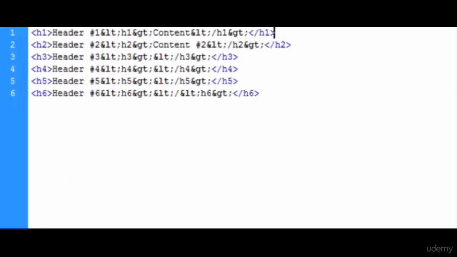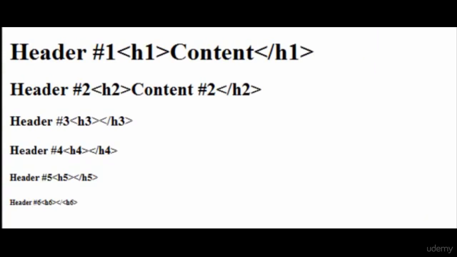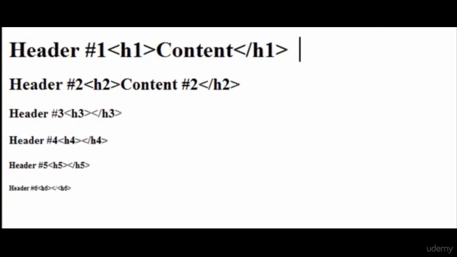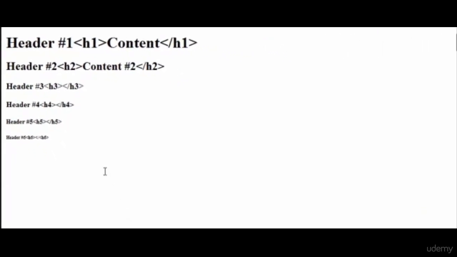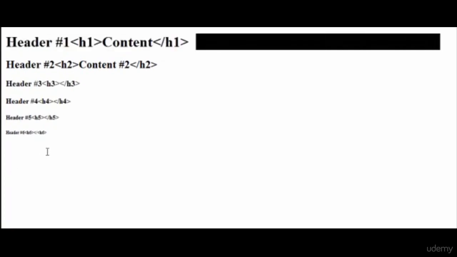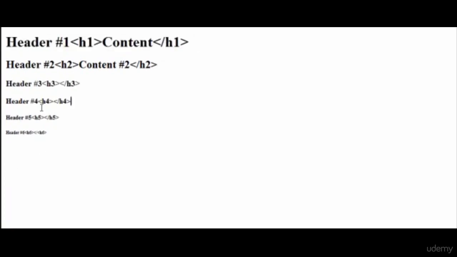But now if we look at the end of our headers, we have no line breaks, we have no BR, no paragraph, we have nothing to actually separate it to make it a new line. And this is what a block element is. This header will try to take up all this space. And every header will do this. Create its own line, it becomes its own piece of code. And that's the reason why we went over what a block element is.